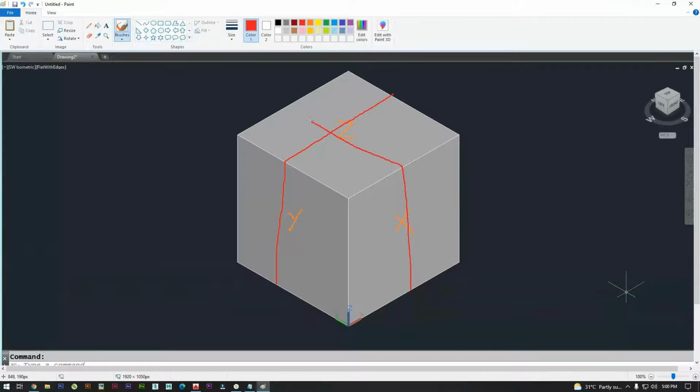If you cut in the Z plane, it will cut like this. So it's a cube of 50. Let us cut from here to here, 20. Same from here to here, we'll cut 20.